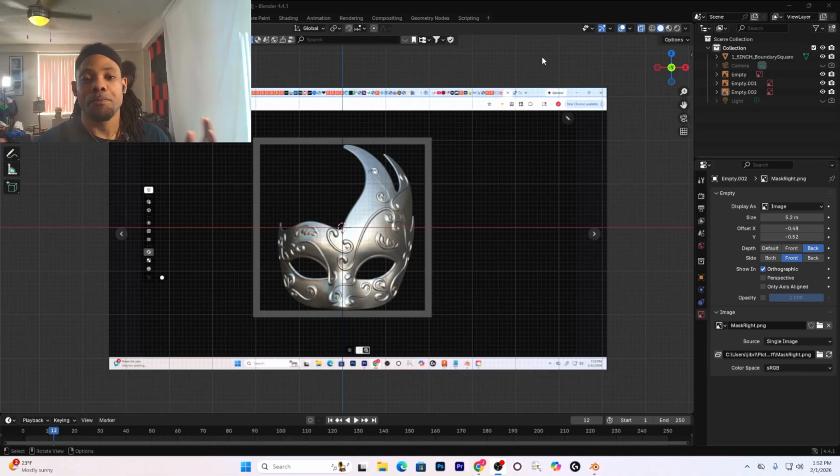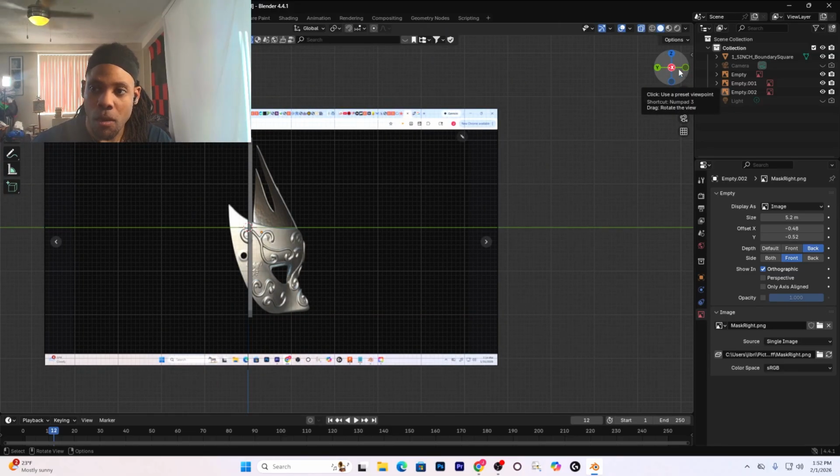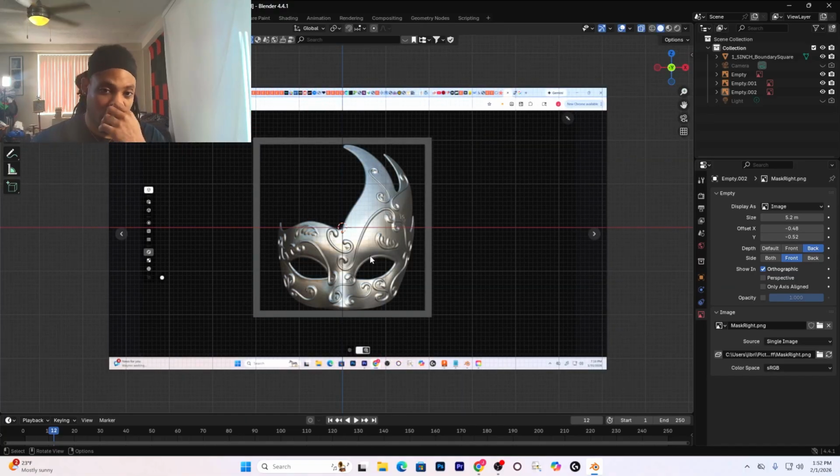So, all right, we're gonna move forward from here. Basically, this is the mask right here. These are the side views of it. And all I did was take some screenshots of it and line them up with each other. And the way that you would do that is you would just go to add